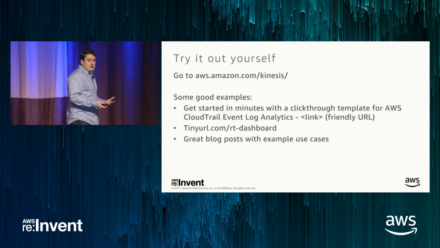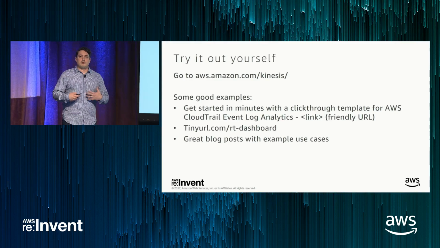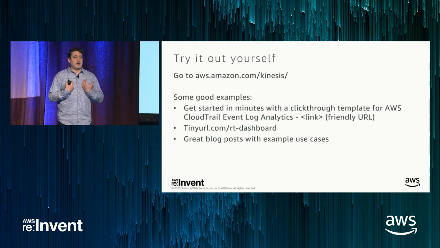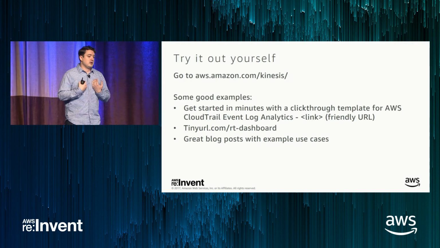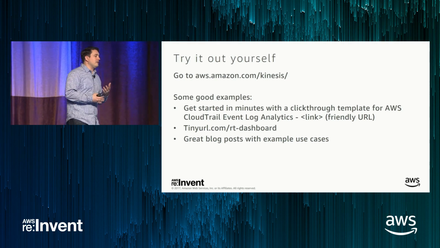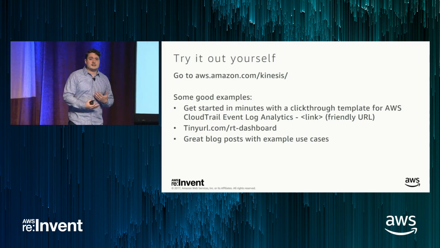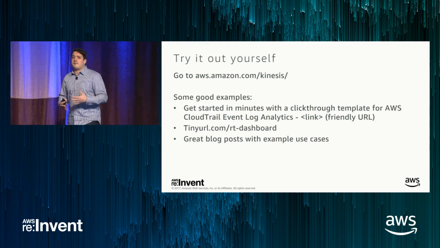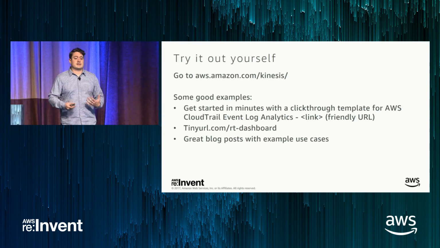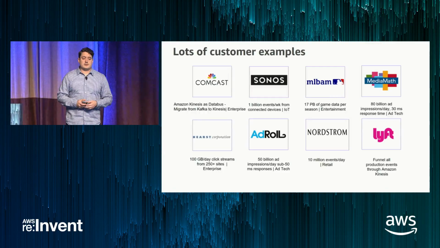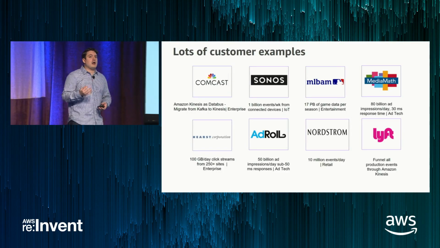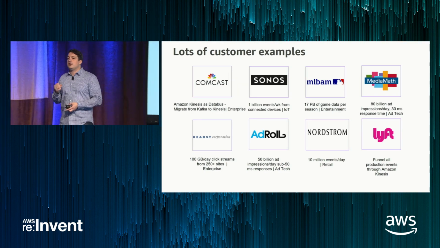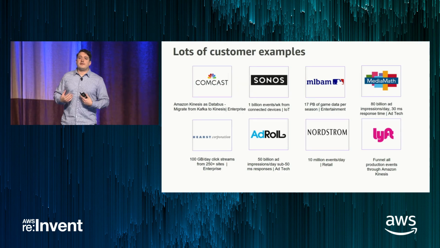The other thing I'd encourage you to do is go out to one of the blogs. My favorite blog on AWS is the AWS Big Data blog. We have a lot of great customer examples, not just for this example, but a lot of other solutions. We'll have some Spark streaming examples, some AWS Lambda examples that follow similar use cases to this and other use cases. On the Amazon Kinesis website, there are a lot of customer examples that provide good references to how people have solved these problems before.